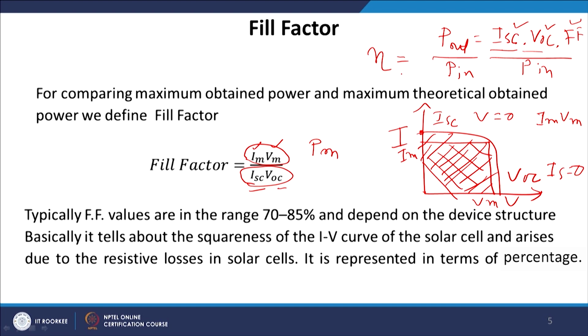So to remove this inconsistency, people have come to a conclusion that whenever we report the efficiency of a solar cell, we will report it for a particular input power, and that is called the AM 1.5 solar radiation. AM 1.5 solar radiation corresponds to 1000 watt per meter square input power. So if we put that value in as P input, and from a solar cell we measure the short circuit current, open circuit voltage as well as fill factor, then we can calculate the efficiency of the solar cell. And this job more often is done by an instrument called a solar simulator.